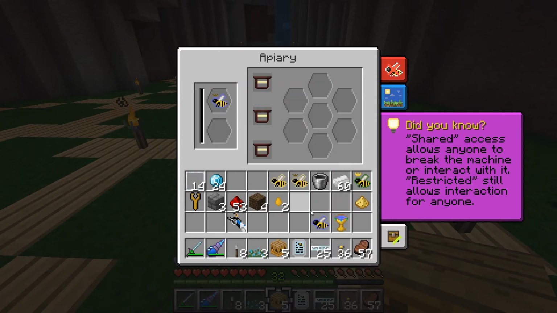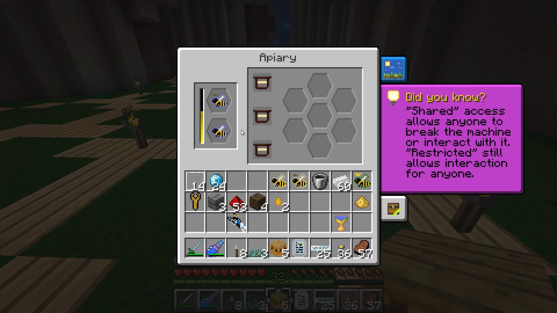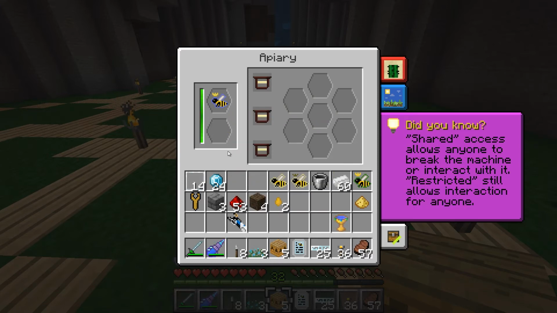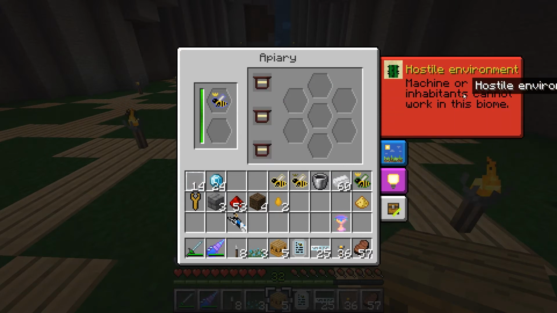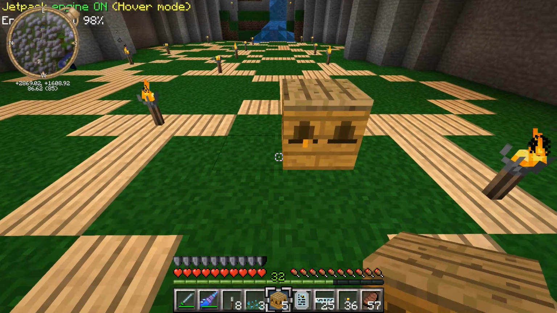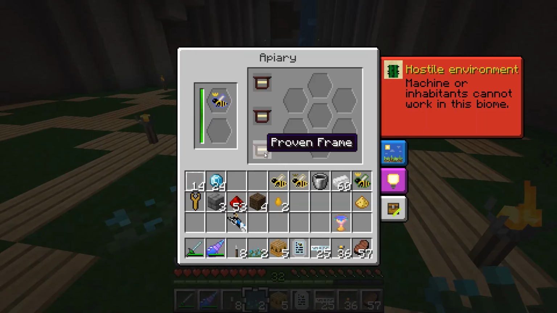So we can stick those in. We can stick a valiant princess and a valiant drone. They will mate, make a queen. So we have a queen, and then yeah, it's a hostile environment, so it will not work right now, and that is because we don't have flowers nearby. So now,